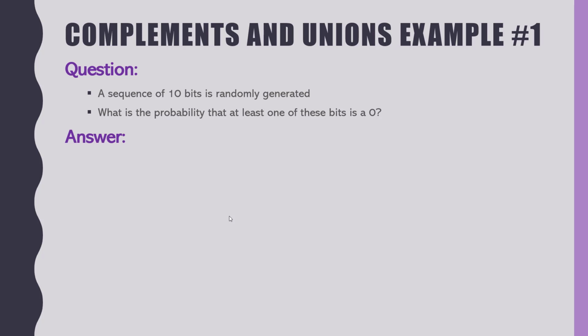Now think about how you would solve that problem. Don't try to calculate, but just conceptually, what would you have to do? What's the probability that at least one of them is a 0? Well, I have to calculate the probability of only one being a 0. Then I have to calculate the probability of 2 being a 0. And then I have to calculate the probability of 3 zeros and then 4 zeros and add all those up,